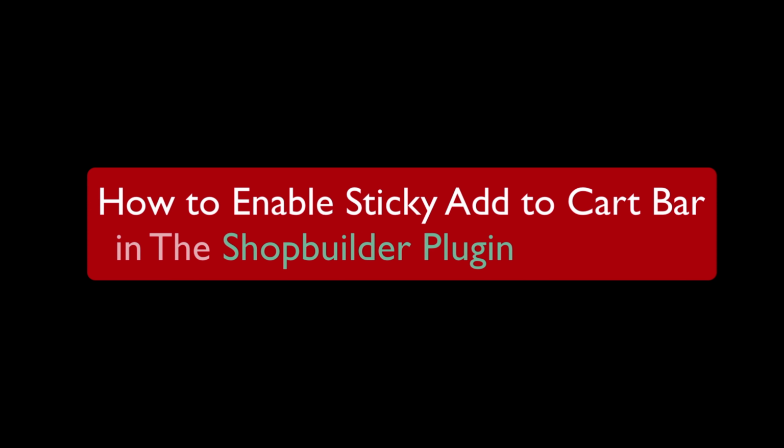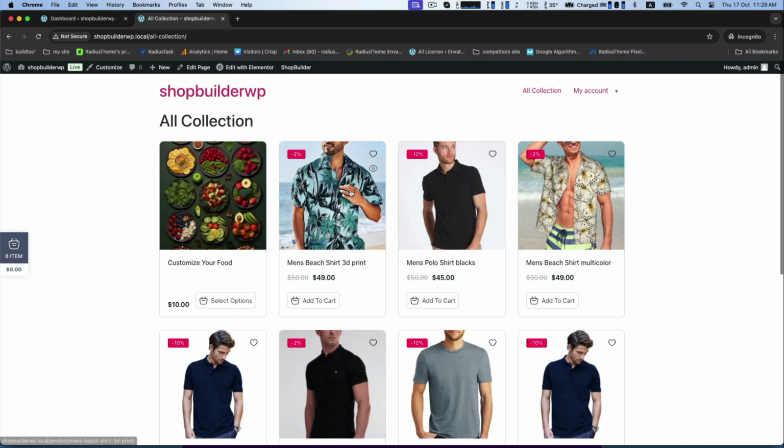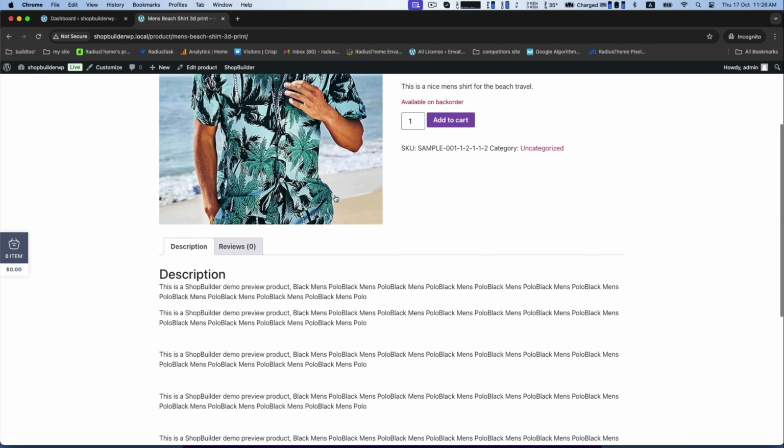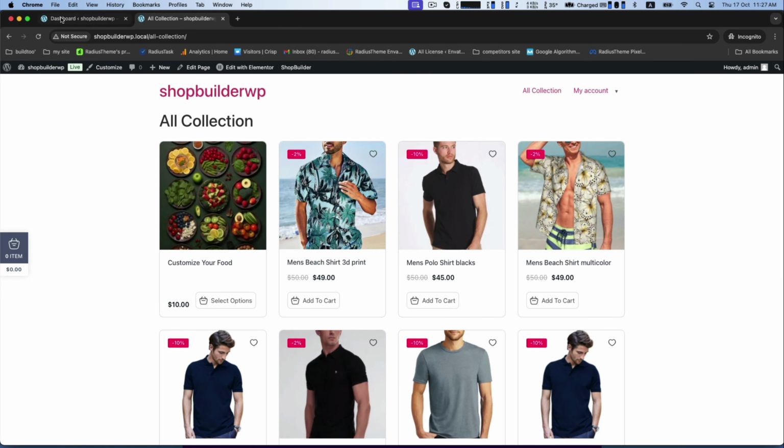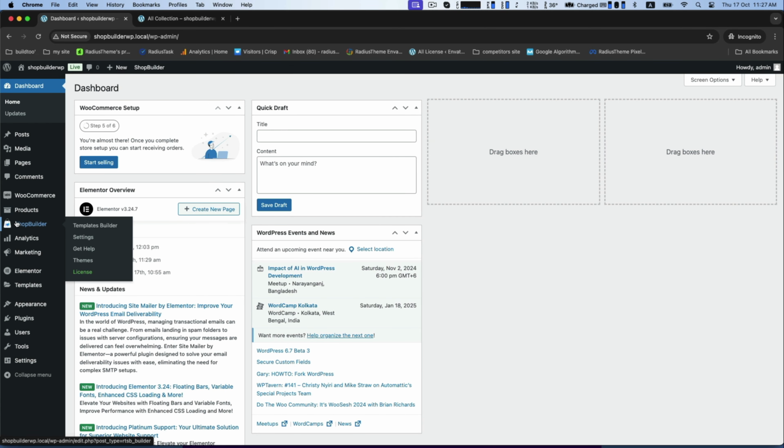In this video, I will be showing you how to enable sticky add to cart bar in the Shopbuilder plugin. By keeping the add to cart option always accessible, it encourages users to quick purchase. So go to the Shopbuilder of your dashboard and then settings